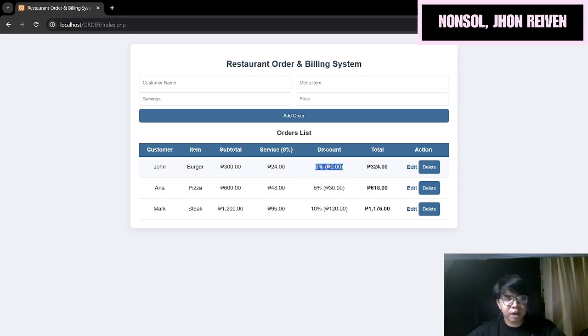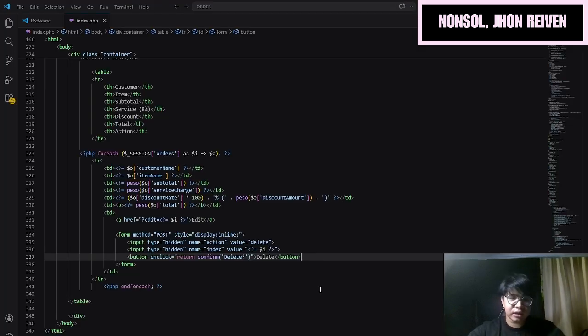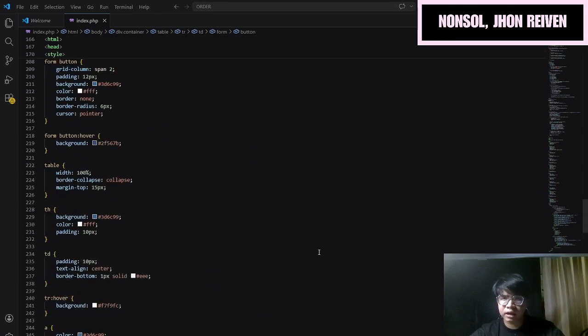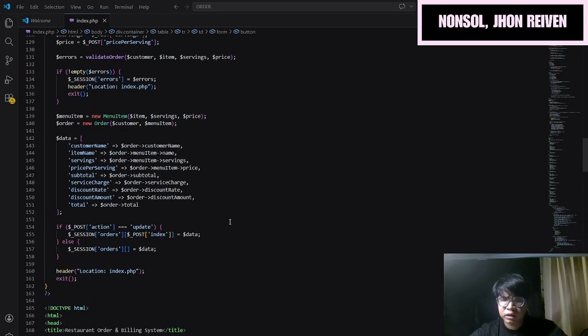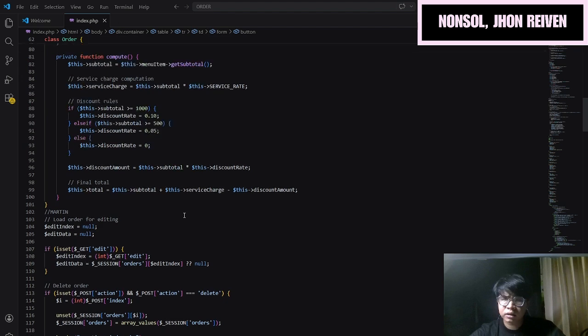It will show here in the discount table data, table row: 0% for the 300 something, 5% for the 600 below, and 10% for the 1,000 below. As we can see, if we check here in the items, where is it?